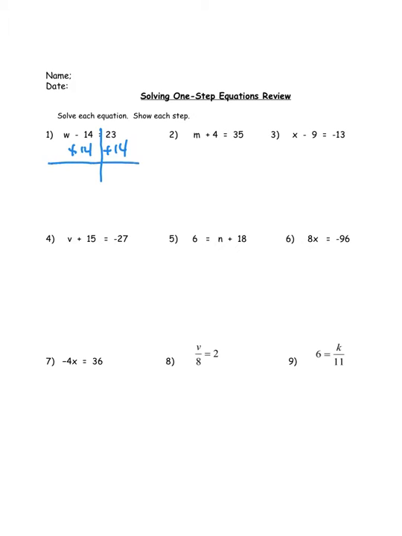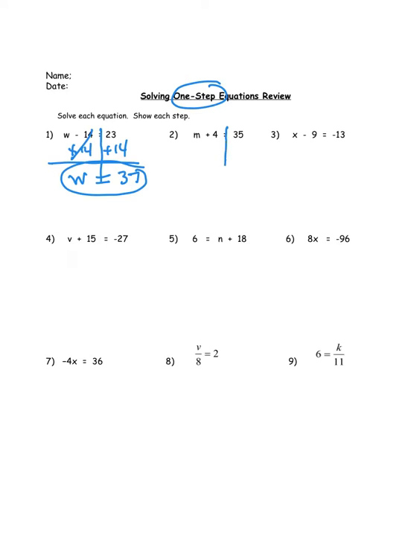And that's our first step. And since it's a one-step equation, this will produce our solution. So these cancel each other out, leaving our variable W. And on the other side, I add 23 plus 14 to get 37. And that's the answer. The next equation reads M plus 4